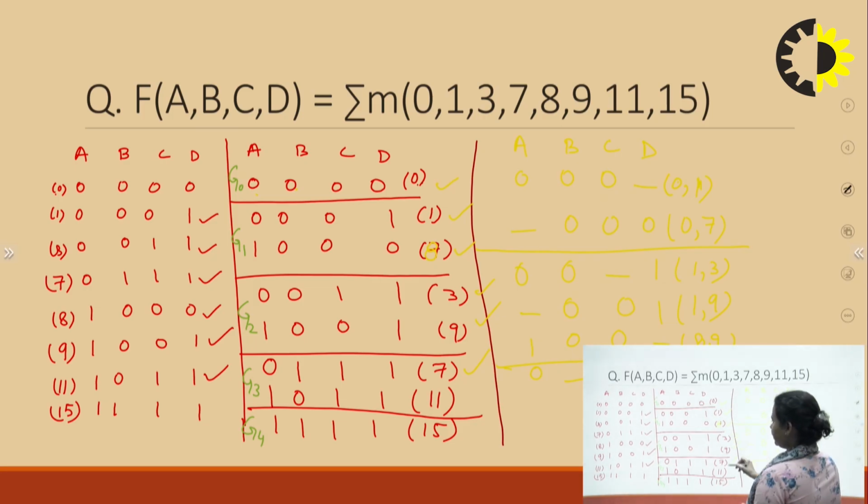Now you check 3 with 11. When you compare 3 with 11, what you see is the first bit is not matched, second matched, third and fourth matched. So you put dash and then you put 0 1 1 and you write 3 comma 11, right? So this is also matched. Now every minterm you have to check from each group, right? Now 3 is checked.